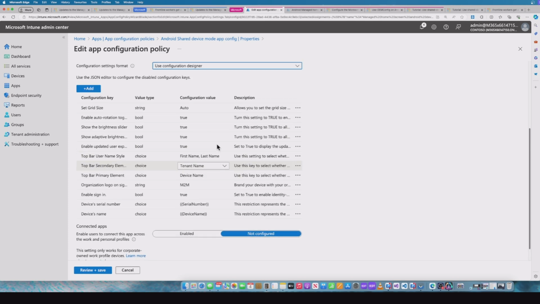And there are certain things you're going to need. The first thing you're going to need to do, particularly if you've deployed this before, if you're already in a scenario where you've deployed this Managed Home Screen to your end users, in order to use the latest settings